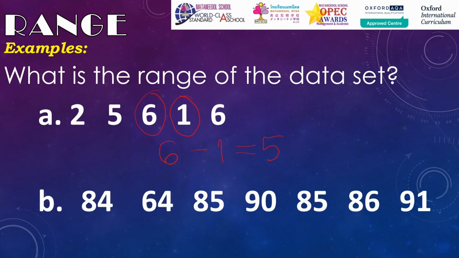And next, we have the highest value is 91 and the lowest value is 64. So we have 91 minus 64. The range is 27. So in conclusion, measures of central tendency